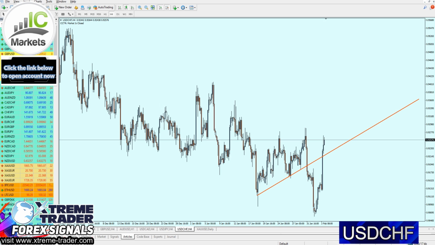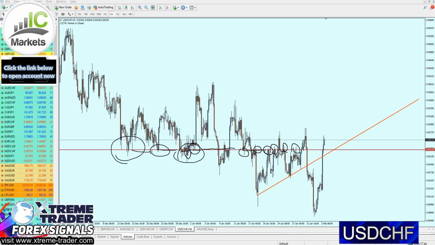The question is, is there any strong key support level on the left side that we can rely on? The answer is absolutely yes, right there, 0.92319. As you can see, my friends, this was a very strong key support level. It was a fake breakout right here. However, the market has indeed reversed exactly on that level of a support multiple times. It became also a resistance level, a real level of a resistance, and we had here the fake breakout and another fake breakout. Ignore this drawing here, sorry. Now, as you can see, that level of a support trend line is most likely going to be respected again, and that level of a support will be respected as well.